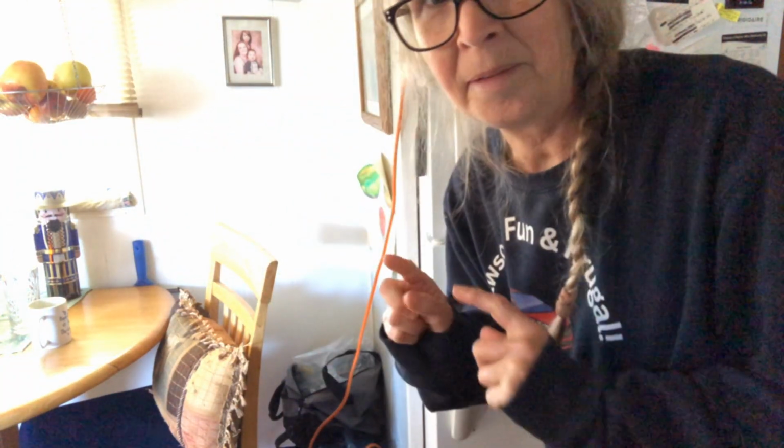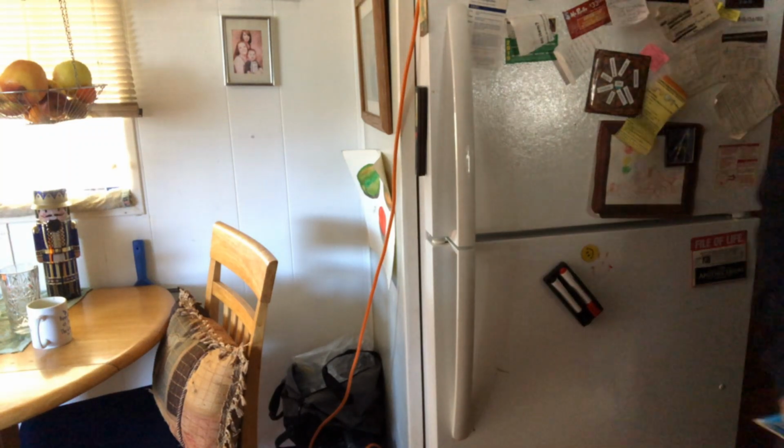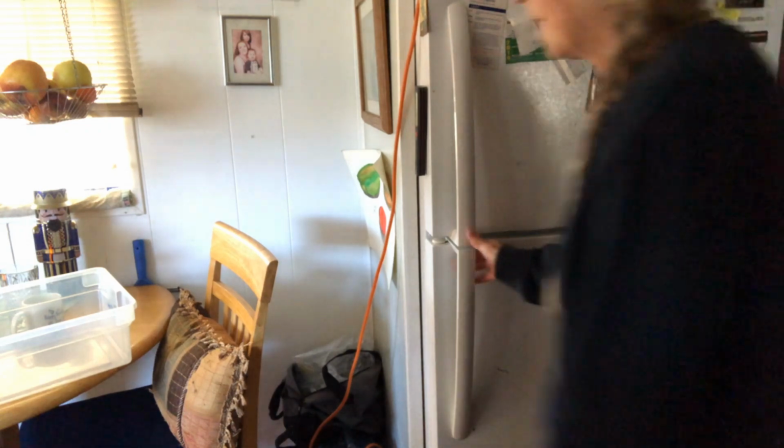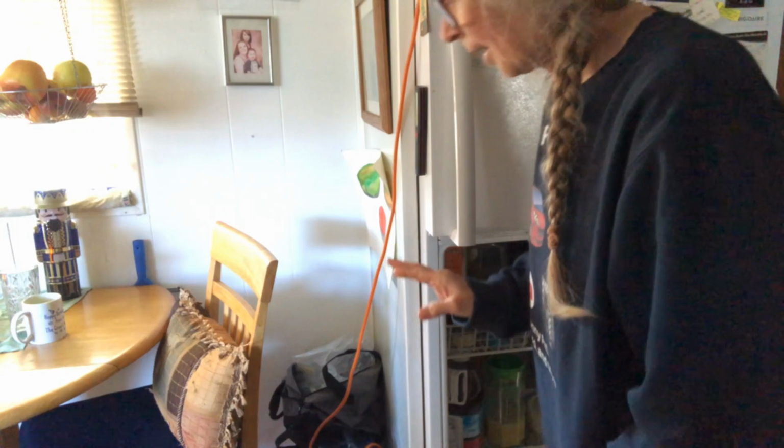So, let's see. Freezer. Put that right there. Close it quickly. Okay, while we wait to see how cold the freezer is, we're going to clean out the fridge. I need to get a container. I have a plastic container. Okay, here we go. And I need to do this in a way that isn't going to hurt my back, so I have to get a stool. I don't know if you can see my little stool. So I'm going to sit here and clean out the...